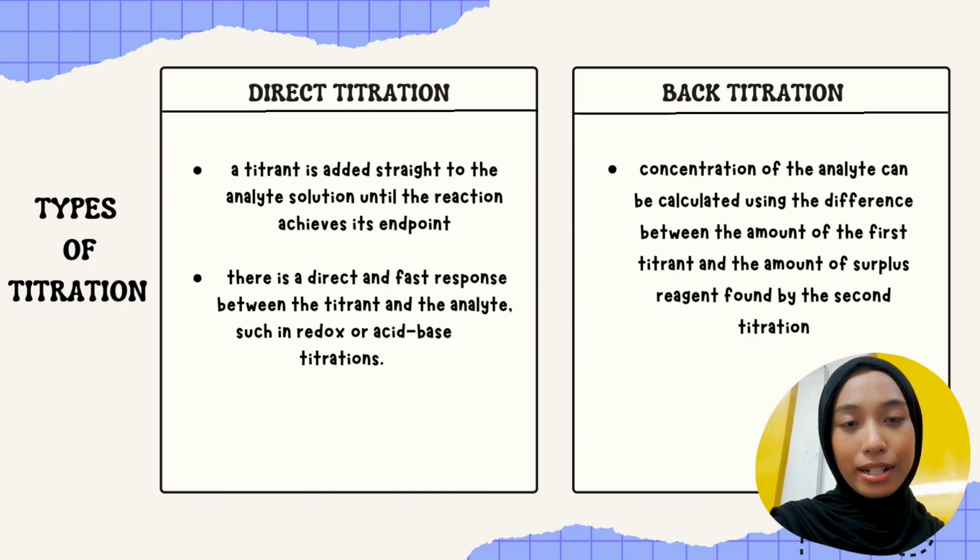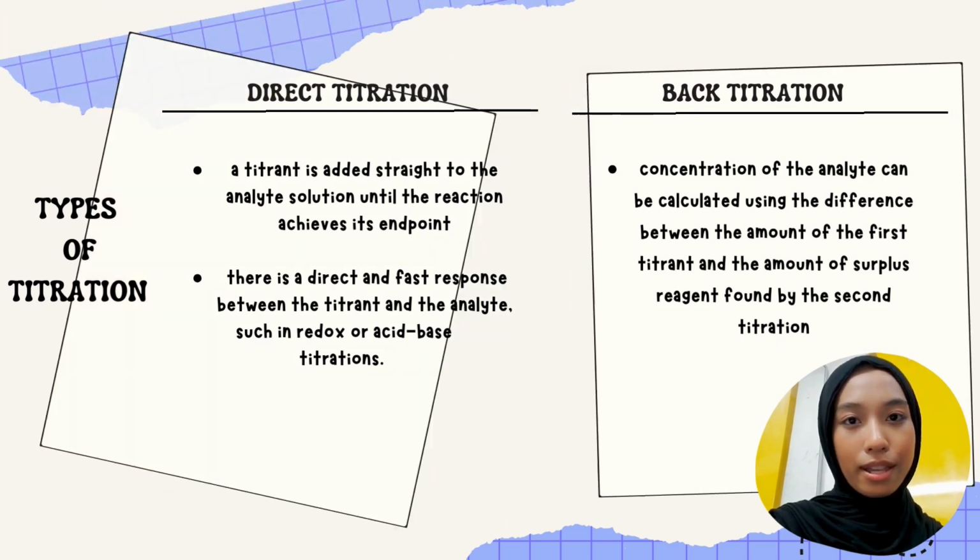Second is back titration. The concentration of the analyte may be calculated using the difference between the amount of the first titrant and the amount of surplus reagent found by the second titration. When determining a substance's concentration in an insoluble matrix or when the analyte is volatile, back titration is very helpful